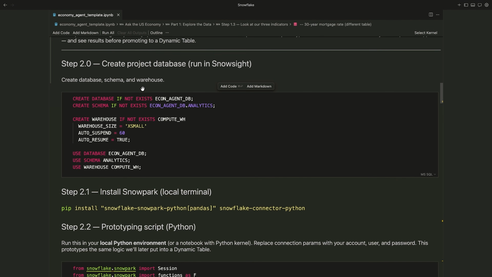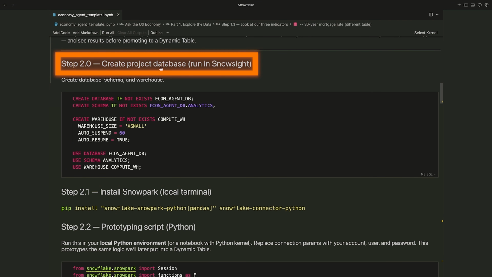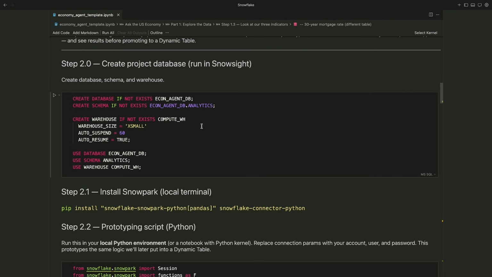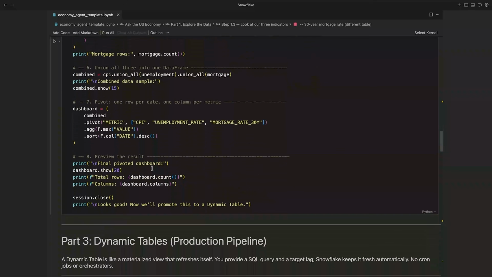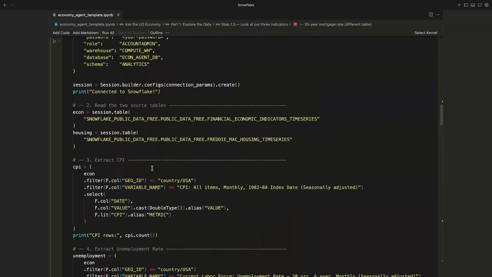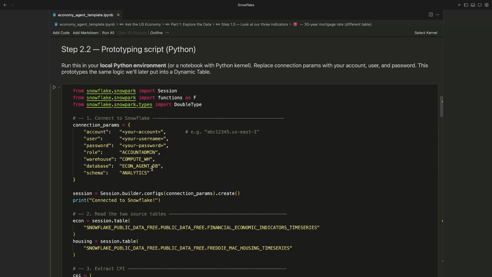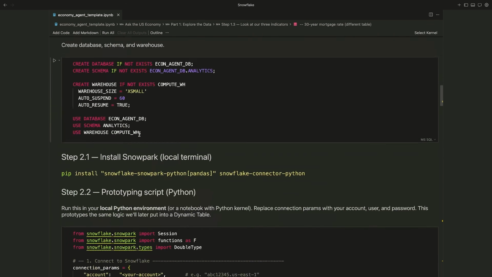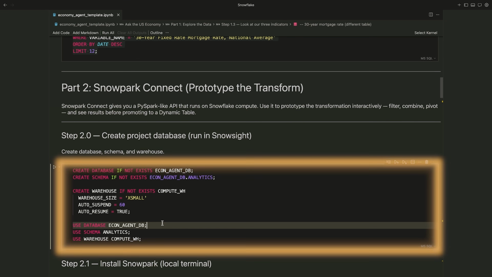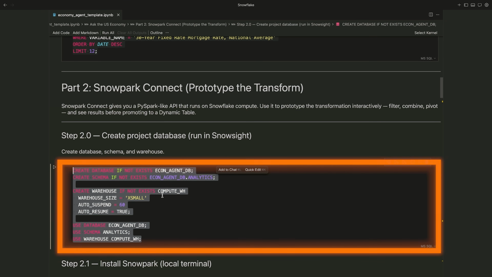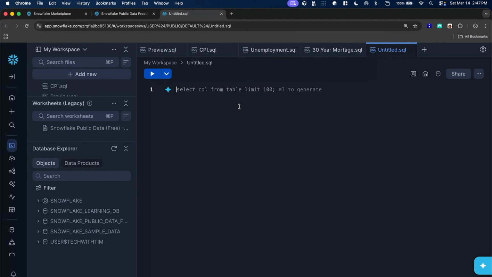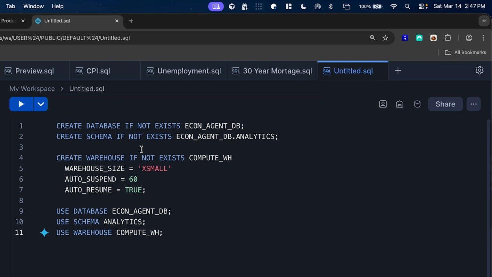Okay, so what we're going to do is make a project database. We're going to run this directly inside of the Snowflake UI that you just saw. And then we're going to run a script where I show you how we can take data and manipulate it from Python that's inside of Snowflake. So I'm going to copy this SQL code right here, and I'm going to go back here and paste it in and start walking you through what we're going to do